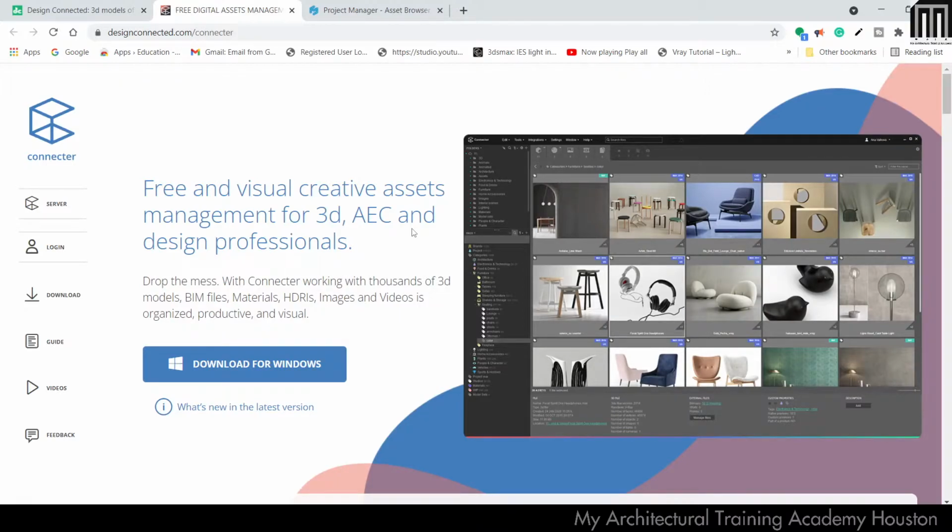It's very handy and user friendly. All the assets have a preview like this, and you just drag and drop into 3ds Max. You just have to map your asset folder in this. Later in this video I'll discuss that.